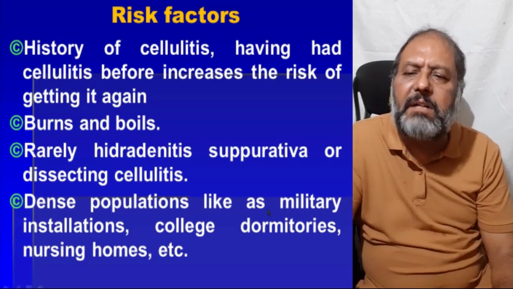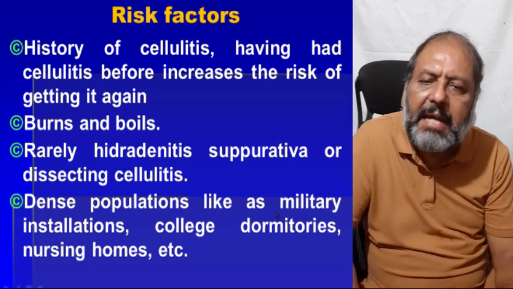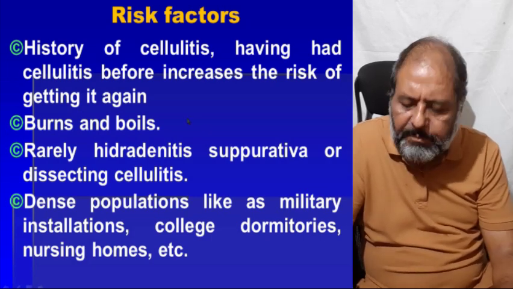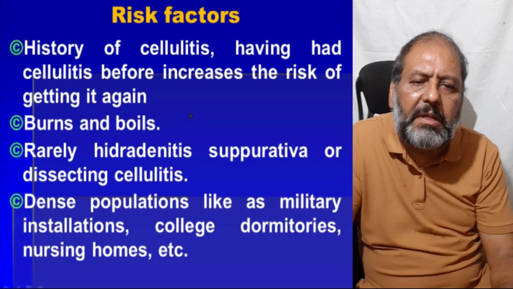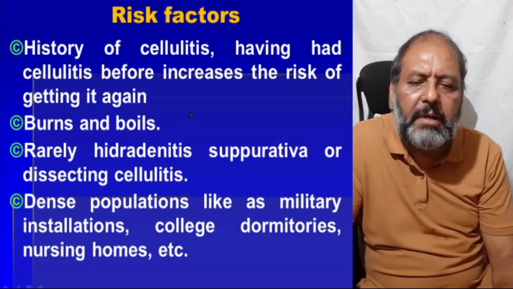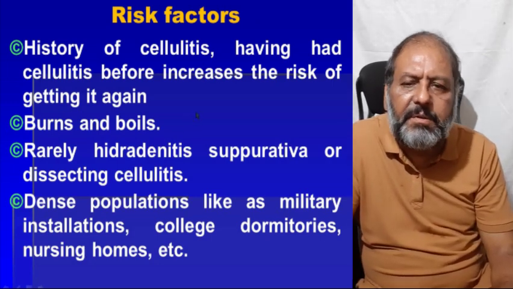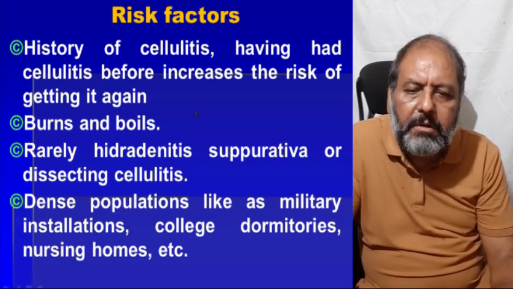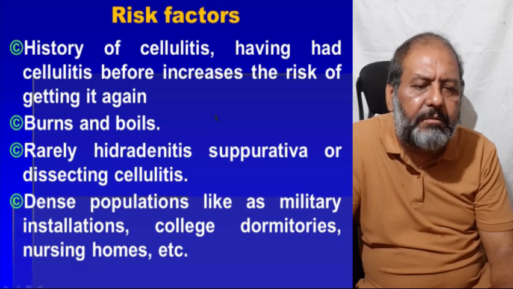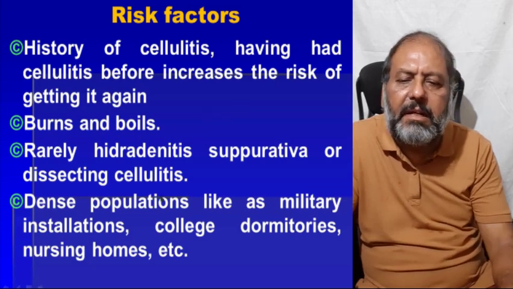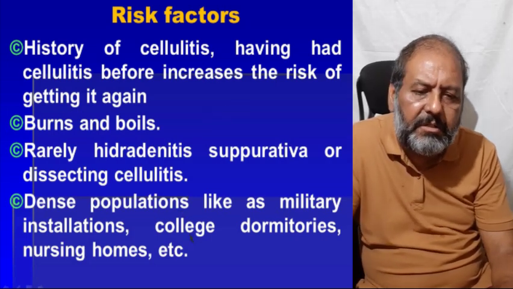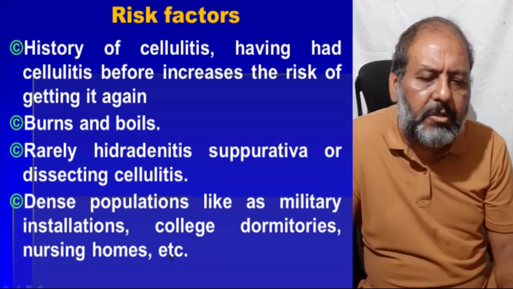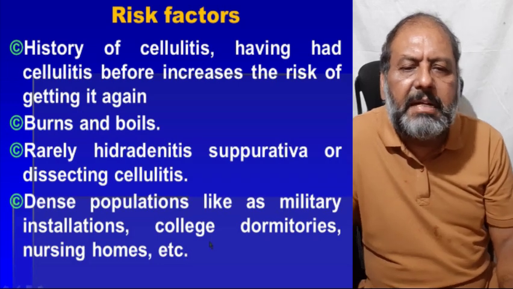The other risk factor is a history of cellulitis. Having had cellulitis before increases the risk of getting it again. The person having a positive history of cellulitis is prone to have cellulitis again. Similarly, the person with burns and boils, rarely hidradenitis suppurativa or dissecting cellulitis, and dense populations like in military installations, college dormitories, nursing homes, etc., where